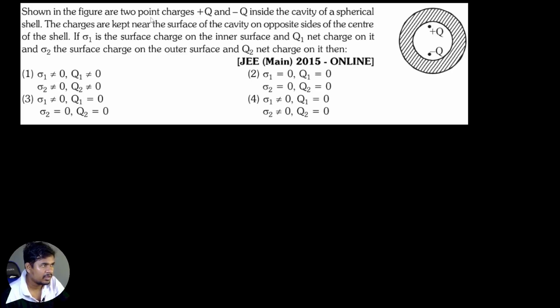Shown in the figure are 2 point charges, plus q and minus q, inside the cavity of a spherical cell. The charges are kept near the surface of the cavity on opposite sides of the center. Sigma 1 is the surface charge on the inner surface and q1 is the net charge on it. Sigma 2 is the surface charge on the outer surface and q2 is the net charge on it. Then